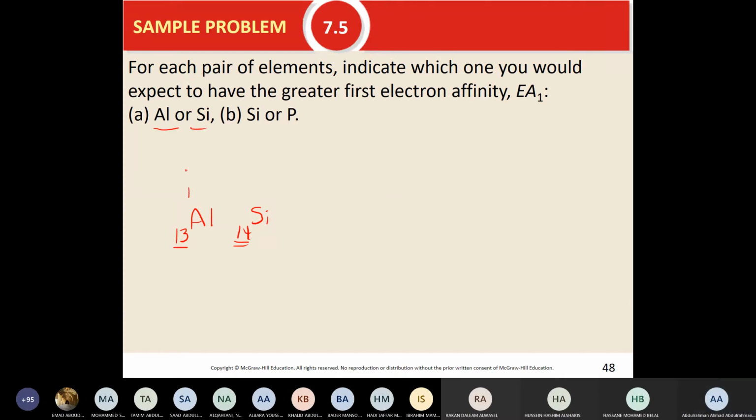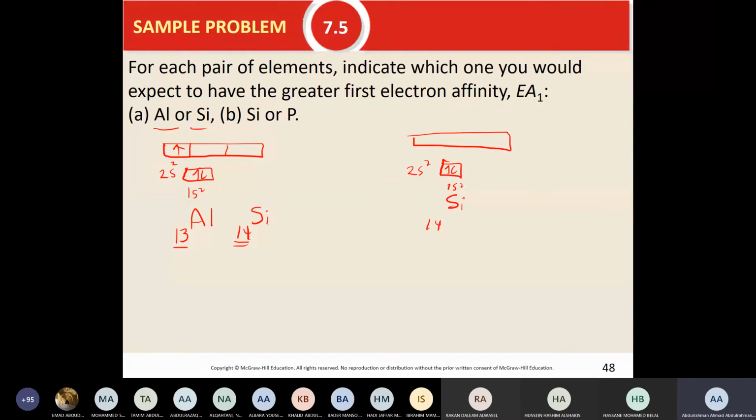Aluminum is 1s2, and then 2s2, and then 2p1. How about silicon? Silicon is 14: 1s2, of course, and 2s2 with 2 electrons, and then 2p with 2 electrons, 1 and 2. Okay. Now,